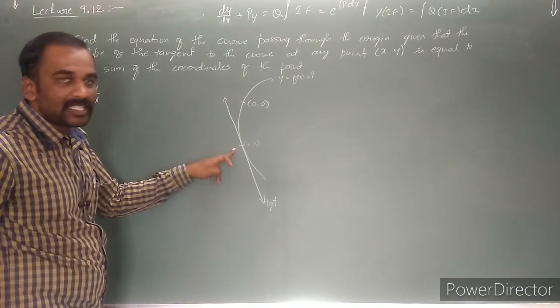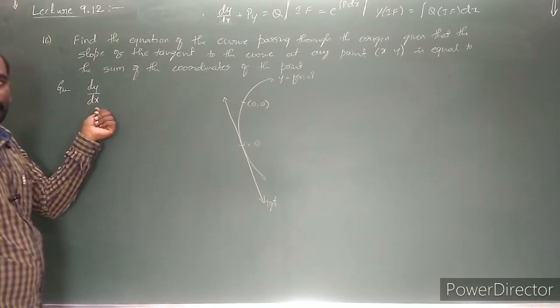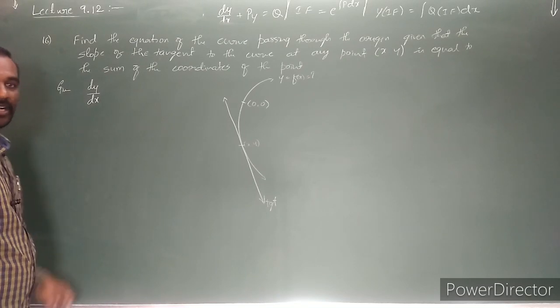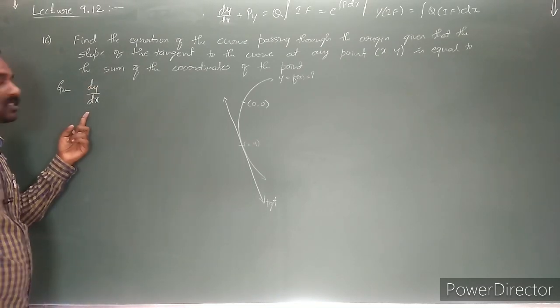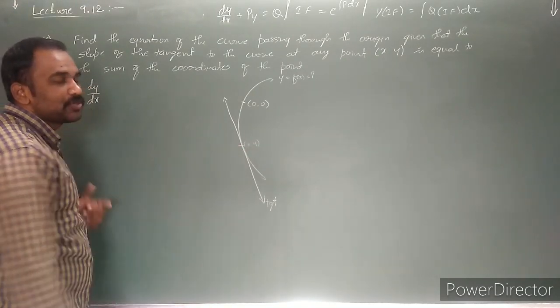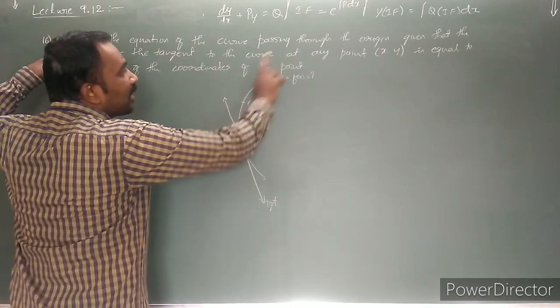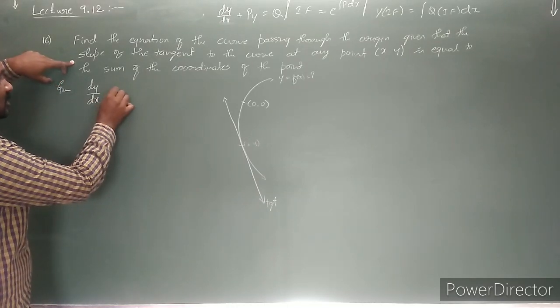Given dy by dx is nothing but the slope of the tangent. Geometrical interpretation of the first derivative of the function: we already know that dy by dx represents the slope of the tangent at any point x, y. Slope of the tangent to the curve at any point x, y is equal to